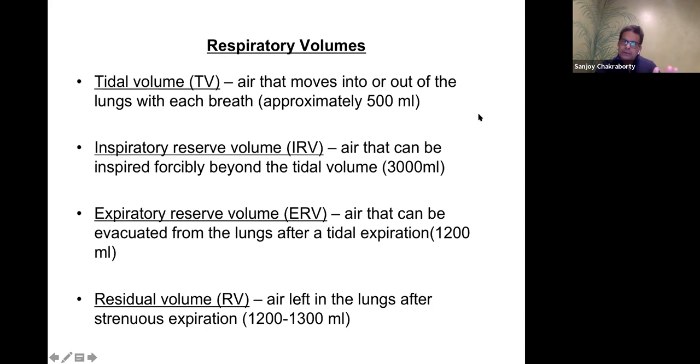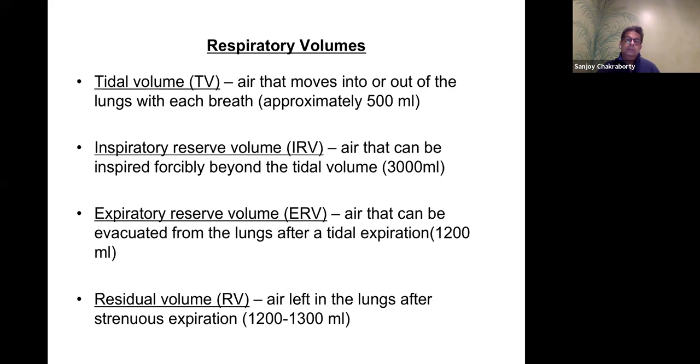at the end of that 500, you can evacuate a little bit more air. You can expire a little bit more air. So you can define ERV as the amount of air one can exhale after a normal exhalation. When you say normal exhalation, we actually mean tidal volume. So after that, if you want, you can still get out another 1200 ml,